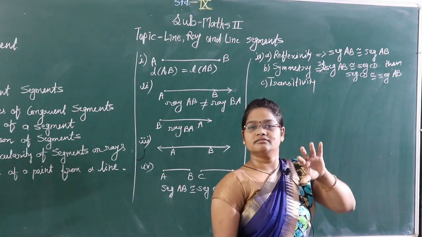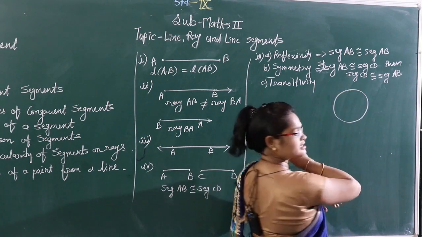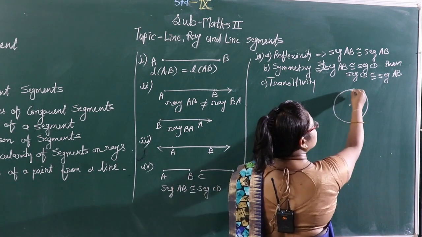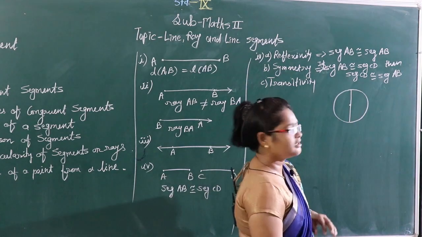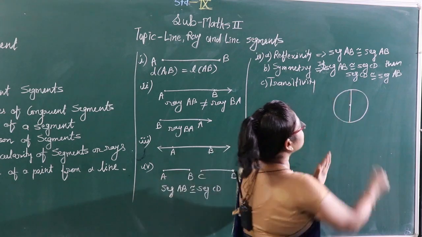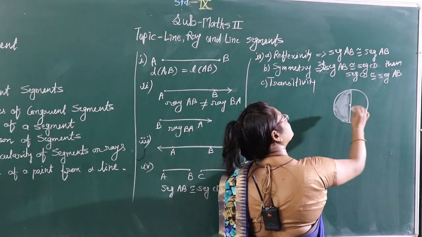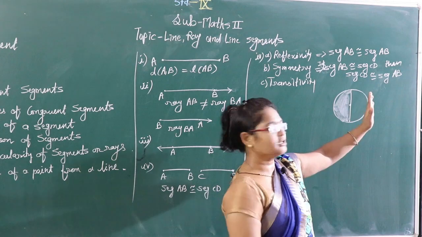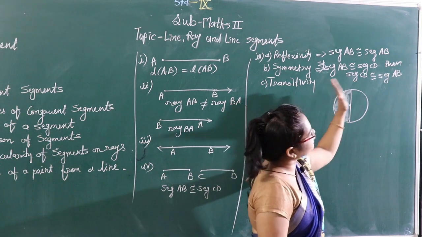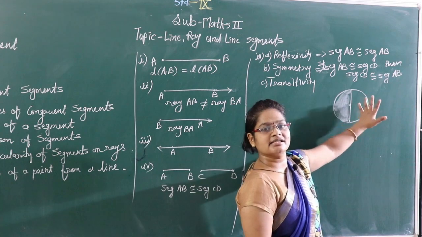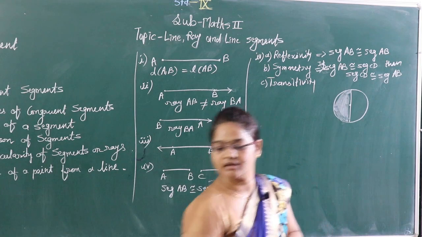In the form of a closed figure, suppose this is a circle and this is the radius of the circle, and the line which passes through the center we call the diameter. If we fold the left side from the middle, from the diameter, and put it on the right side, then we get the same shape. So that is called symmetry.